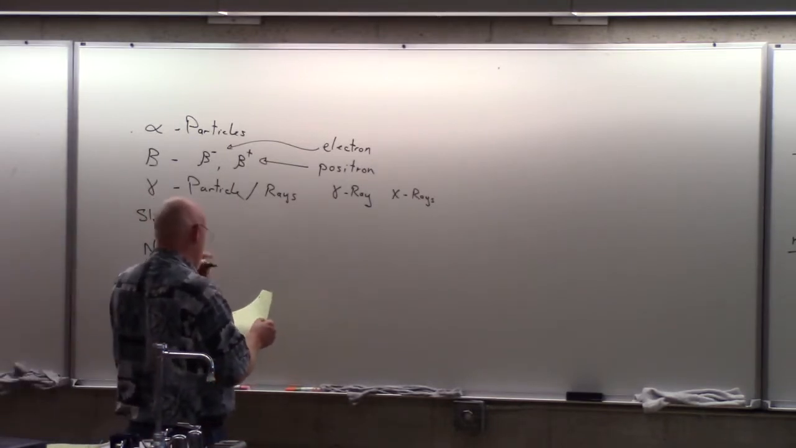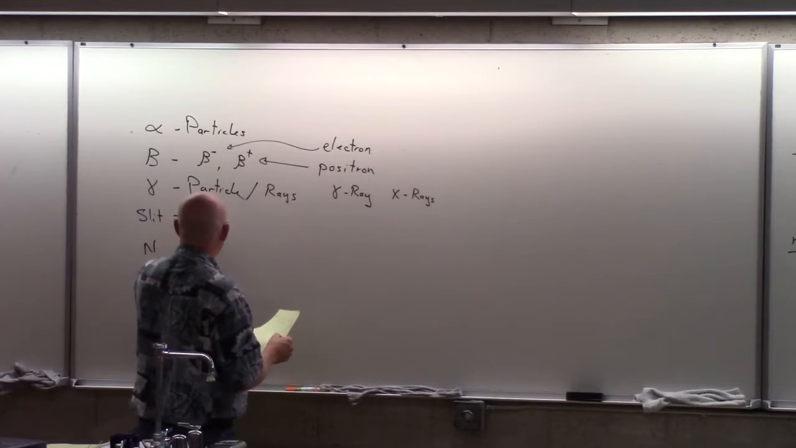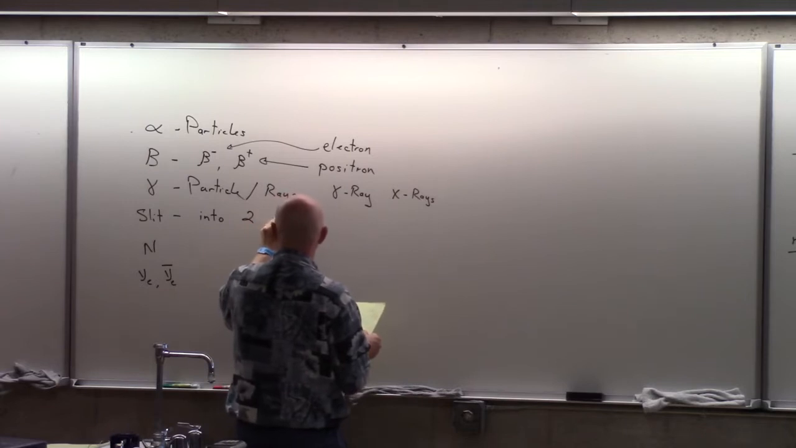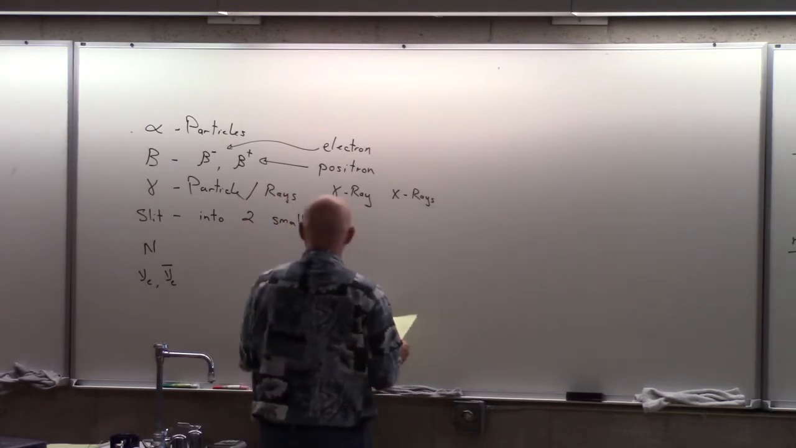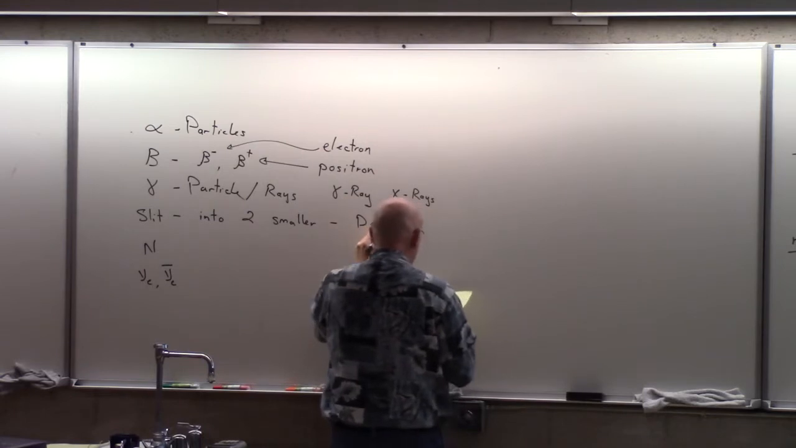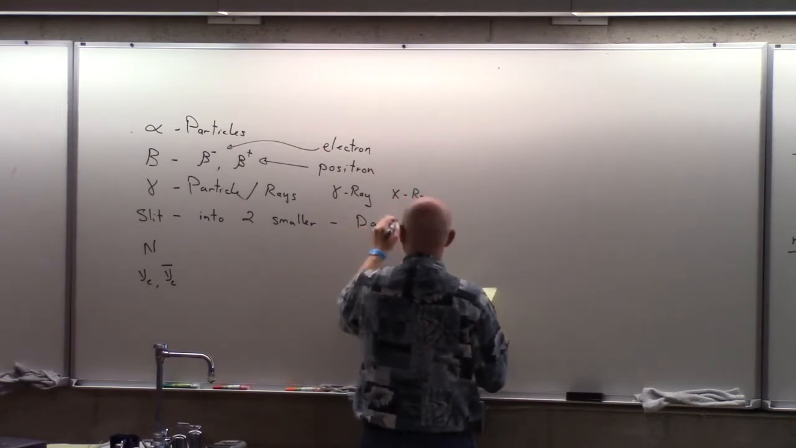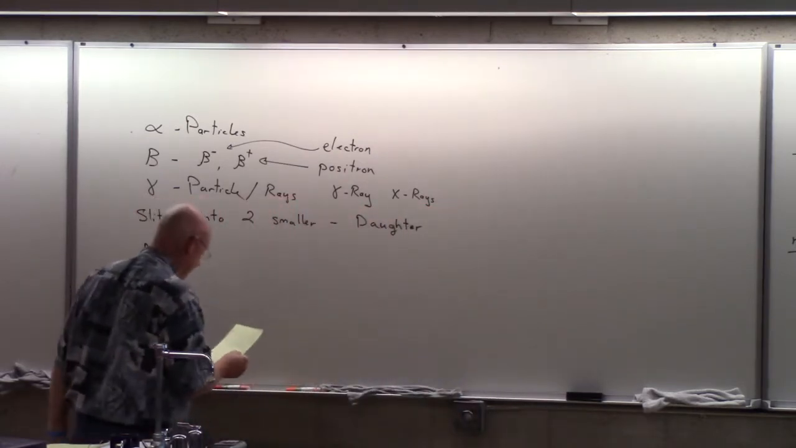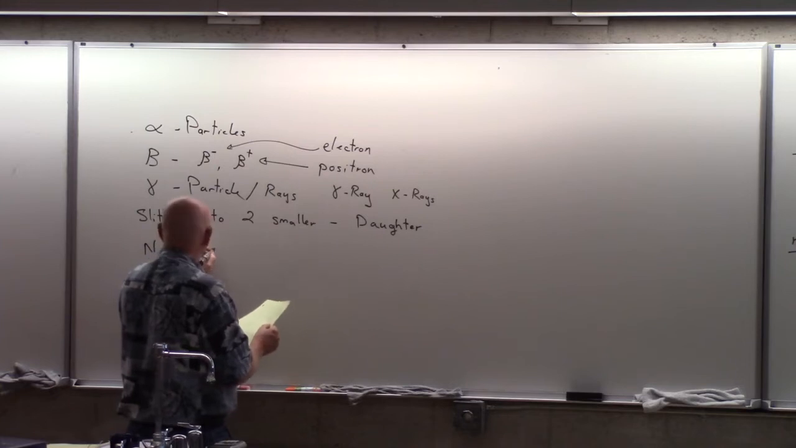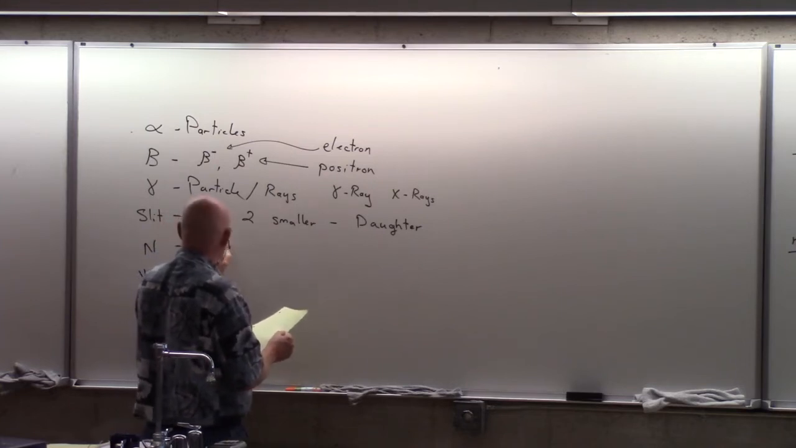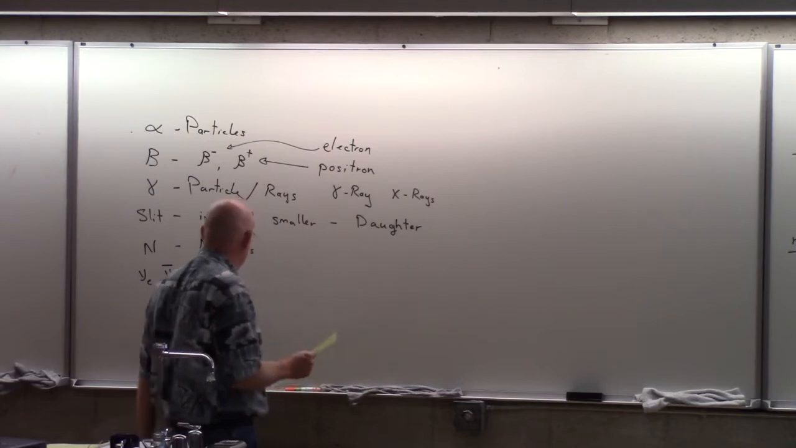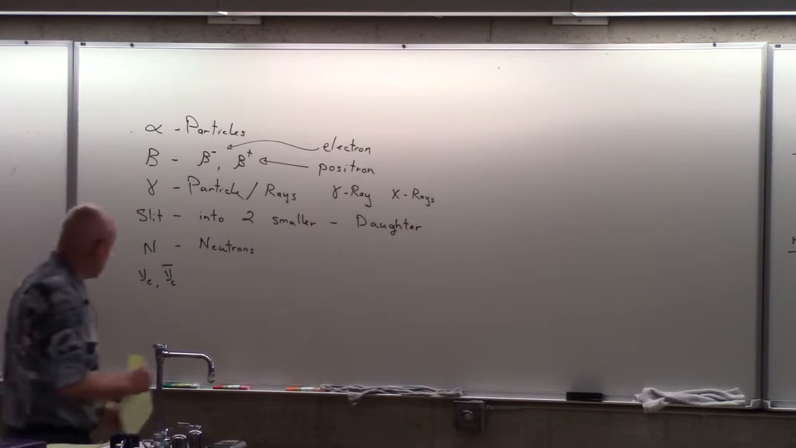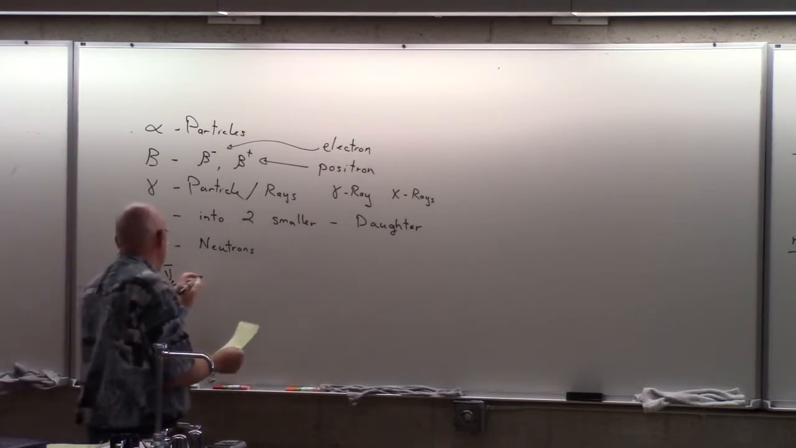Something that's not shown in this picture is that the atom itself, or the nucleus itself, can split into two smaller pieces. We call these two pieces the daughter pieces, and the starting piece the parent piece. There's also, again not shown in that picture because it's really hard to detect, that neutrons can come out of this nucleus. And then finally,